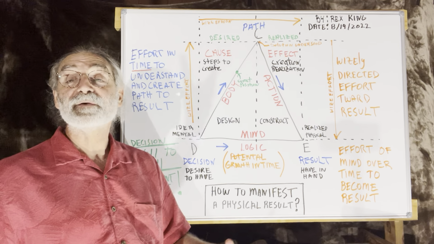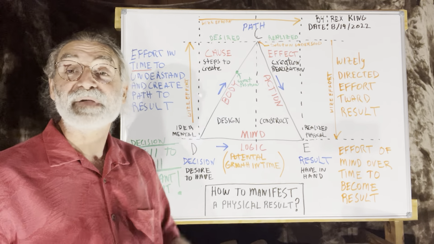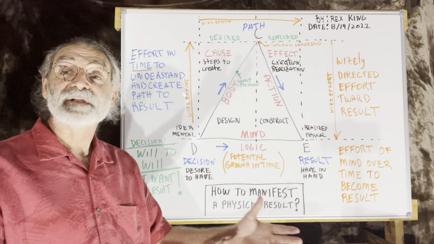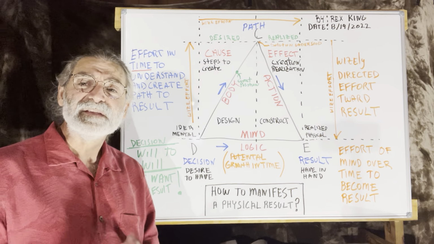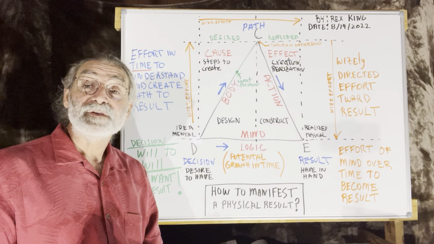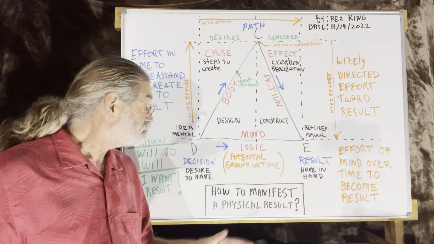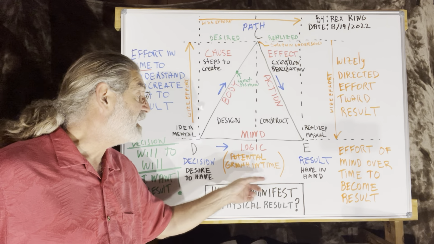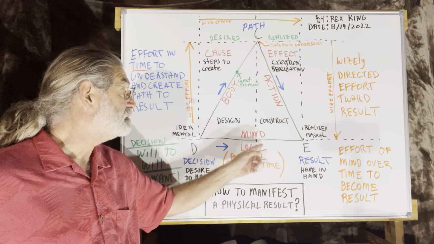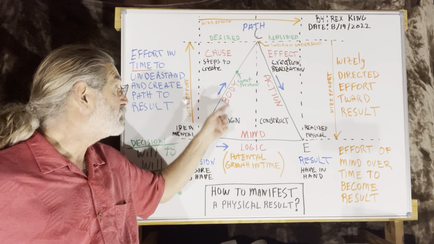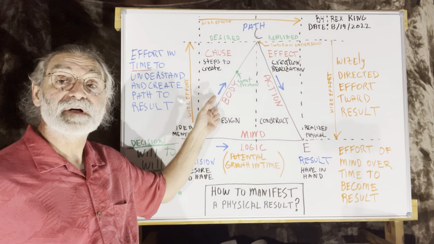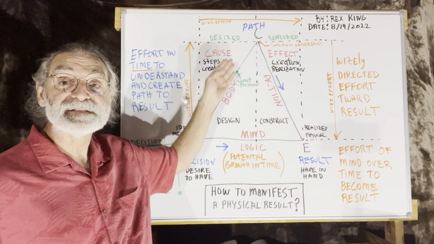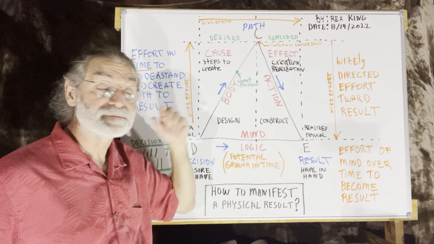Maybe working for an engineering firm, and if they like you enough, they'll pay you to go, and you commit to working there for so long or something. Things like that. The thing is, you have to work on the potential growth in time to accomplish the result, which is mind, logic, and in bringing that mind and logic into a step-by-step process to accomplish your goal.